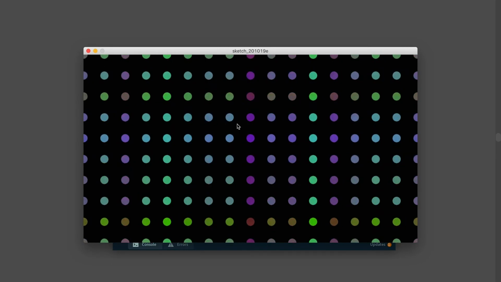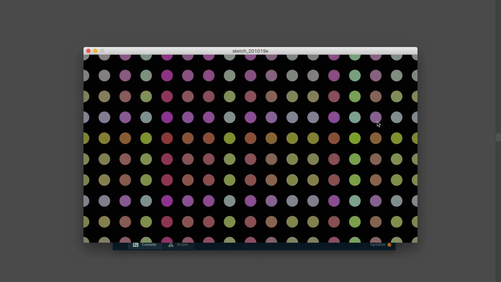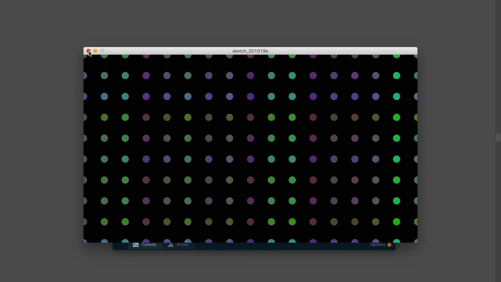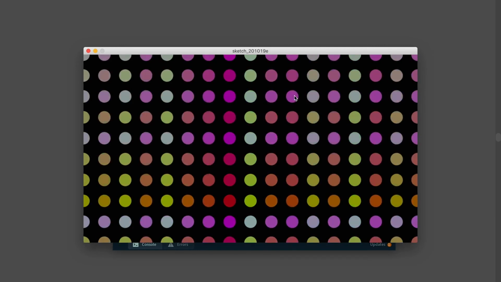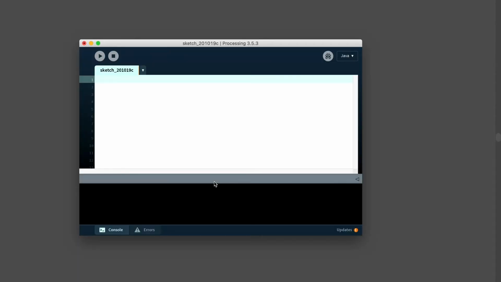make it so that each of these circles is working independently. Right now, they all get big at the same time. So we're going to try to do this using two-dimensional arrays, which will be another good technique, and it will allow us to have these all operate independently. Okay, so in order to do something like the previous sketch, but make each circle independent, I'm going to need